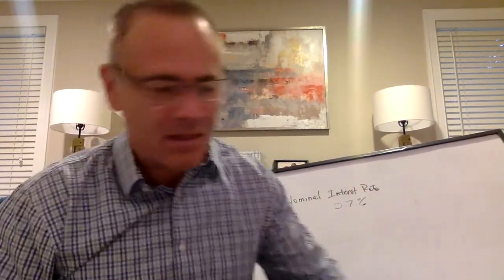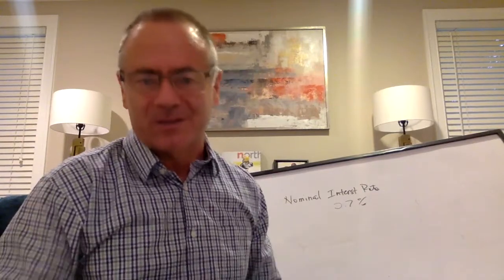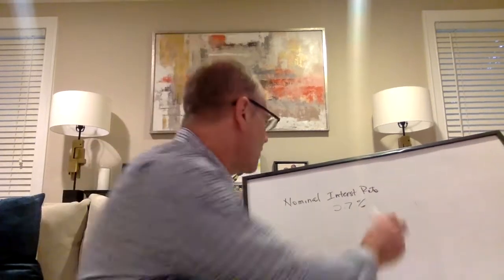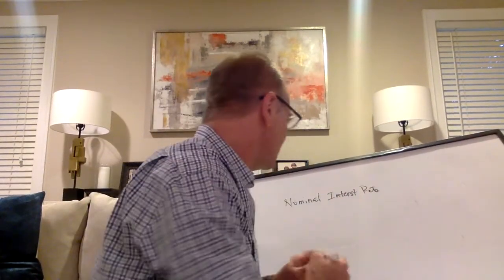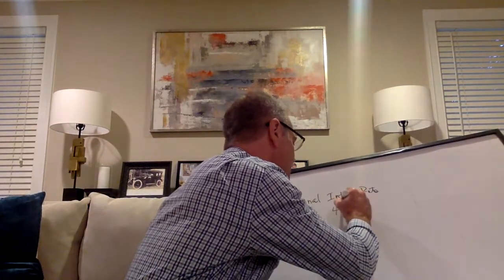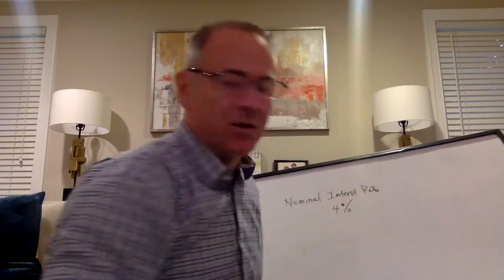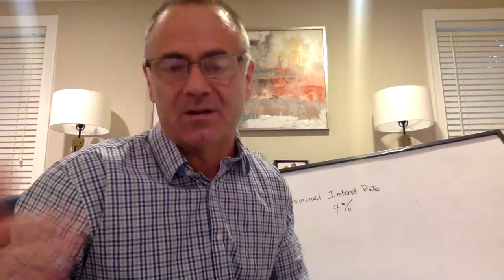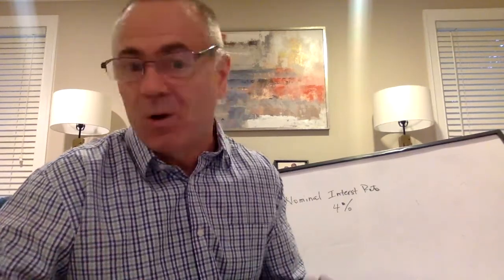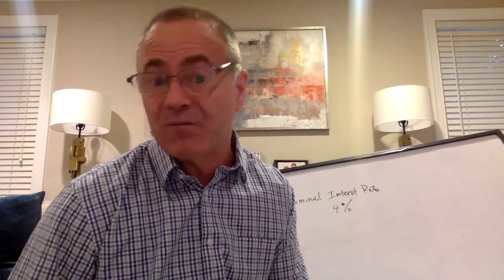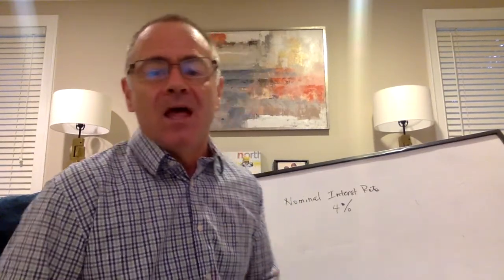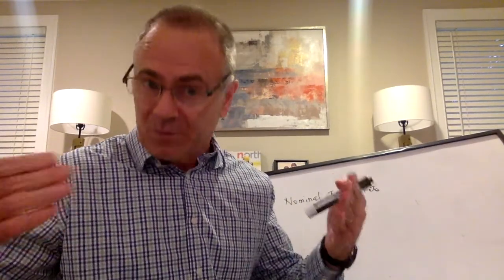Okay. To make things a little bit easier, let's assume we're at a different time, about 2 or so years ago, when that rate was something like 4%. So it used to be. Now, if you look up the 10-year Treasury bond, in the Wall Street Journal, there's lots and lots of news services where you can look this up, and it will be about 0.7%. But 2 or so years ago, it was about 4%. That was what is reported.